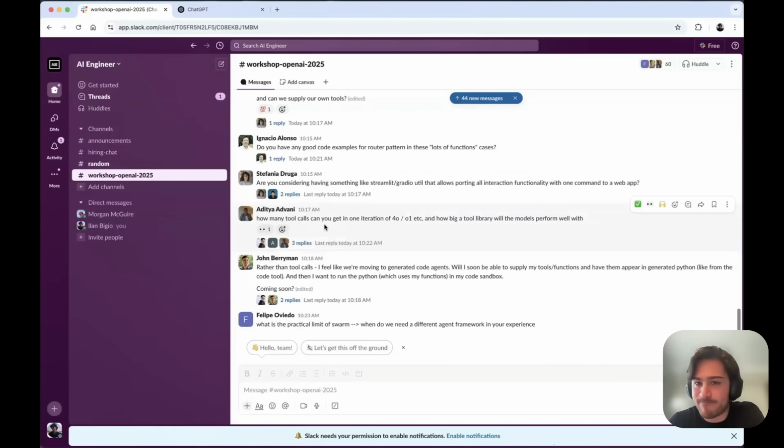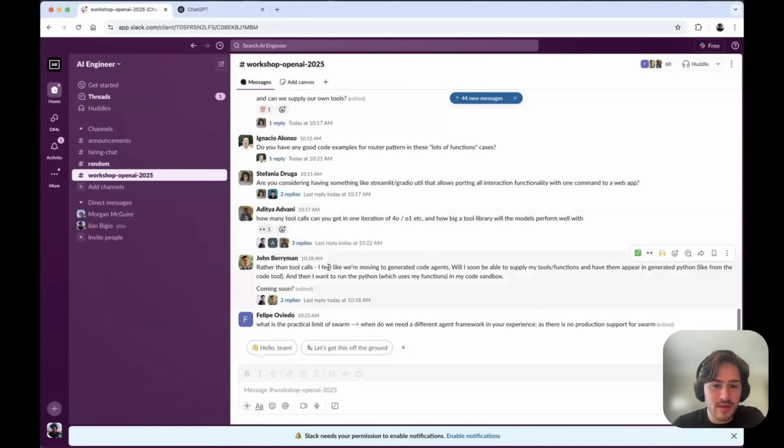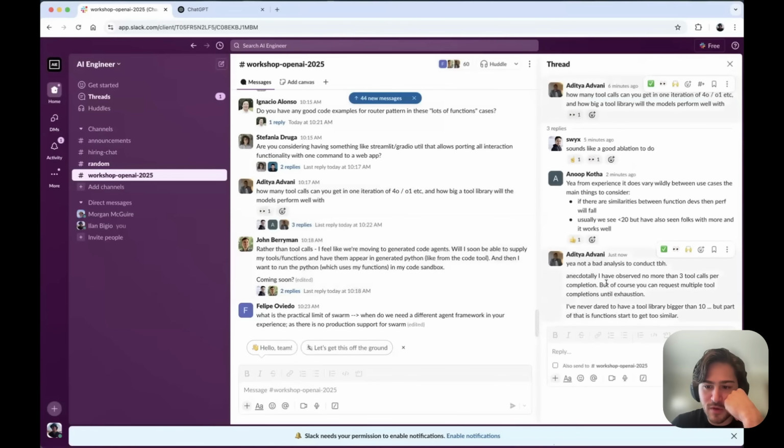So you can go pretty far with fine tuning, but I'd say reliably without very extensive prompting, probably 10 to 20. Past that point, you really ask yourself, what are you trying to do? Why are you putting in so many functions? Is it super latency sensitive? Can you split it up? Was there a follow-up here?